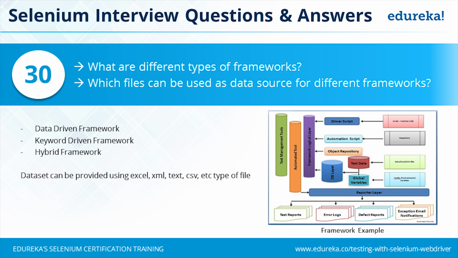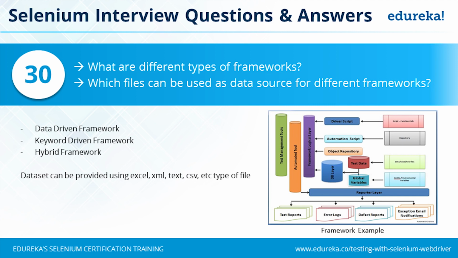So let's talk about the object repository. As we just talked about the page object model, the page object model also has an object repository. What is that? That's the collection of objects that I'll be using throughout the test script execution. So object repository is going to keep all the objects and provide it to the scripts as and when required. It's a central location because of which if there is a change in an object, I don't need to go to multiple places to change that object. I can change the object at one place, and each and every automation script that demands the particular object will get the updated object.